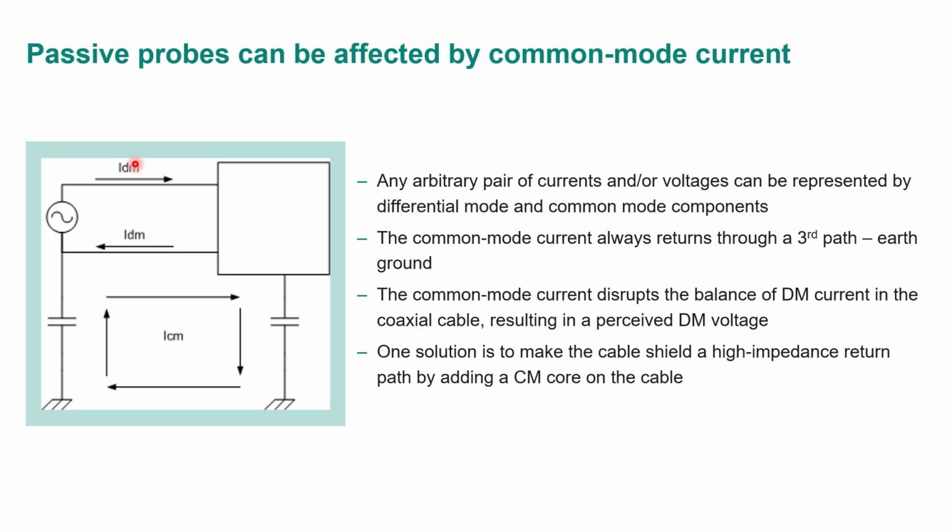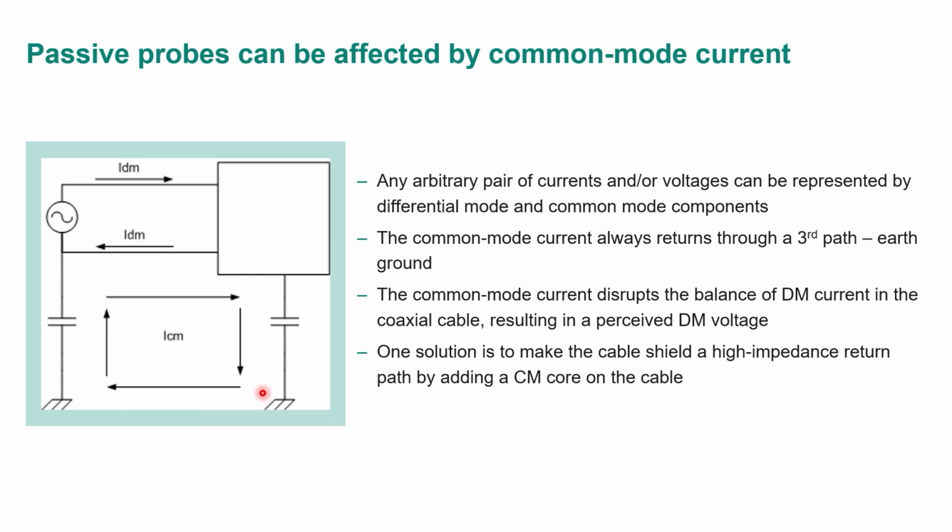But when this whole circuit is moving up and down, I have capacitive current through earth back to the scope. Now, where does that return? Through the shield of my cable. That's what I mean. When I have different potentials on either end of the probe, I have an unseen return path, which is through earth. That's the common mode current.